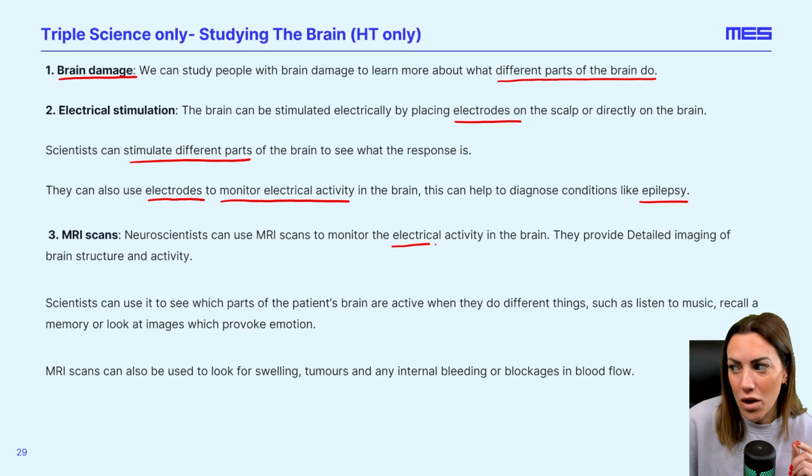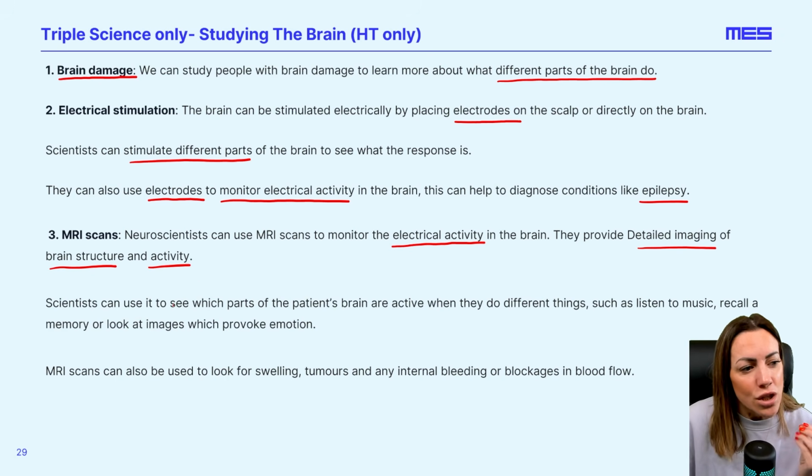MRI scans can monitor the electrical activity in the brain. They provide us with detailed images of the brain structure, the brain activity. So they can use it to see which parts of the patient's brain are active when they do different things. So if they listen to music, if they recall a memory, if they look at images which provoke emotion, which part of the brain is being stimulated, because therefore it's telling us that that part of the brain is involved